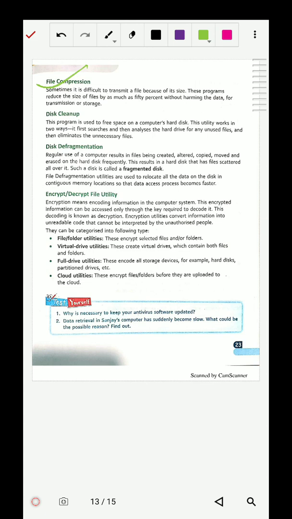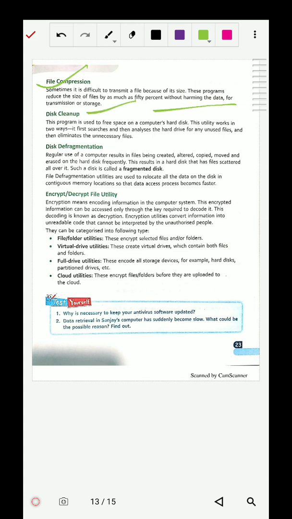This program reduces the size of the file; the bigger file will be reduced by like 50%, 30%. Without losing or harming your data, it reduces the size of your file, and you can easily transfer it or save it on another device. Okay, this is about file compression.